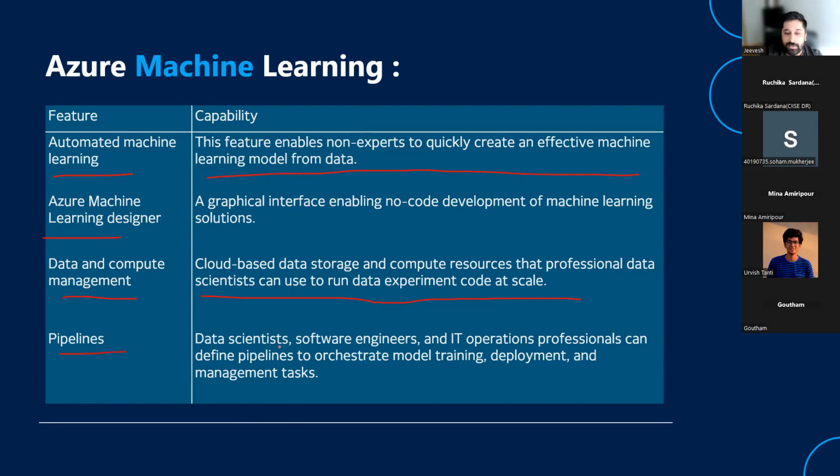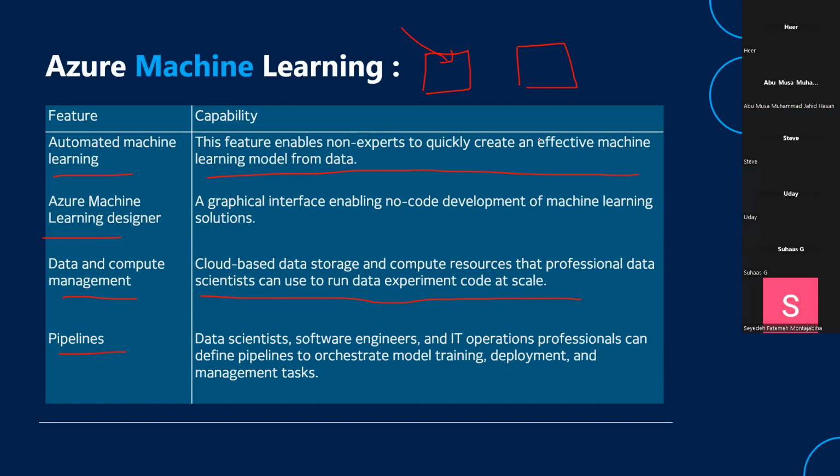And then the third one is pipeline. So if you have people who work on parts of it, someone who is taking care of the data, someone who's taking care of the application, someone who's taking care of the deployments, you can be using the pipeline model, and you could be giving roles. When we are performing this machine learning, data ingestion is going to be handled by, let me get a few new names, let's say Uday. Data training is going to be handled by Suhas, and then the actual model is going to be handled by, let's say, Steve. So depending upon what your flow in the organization is, how you've implemented machine learning, you could be using either of the four of them.